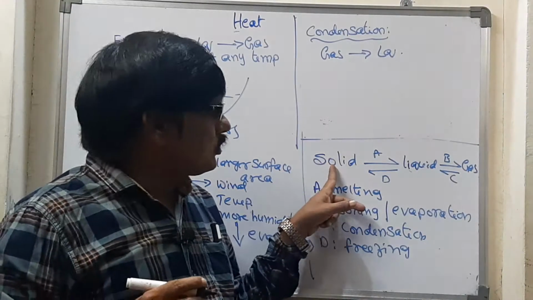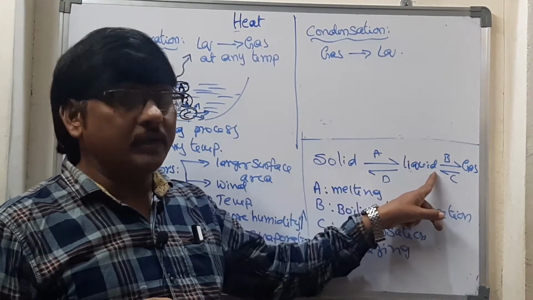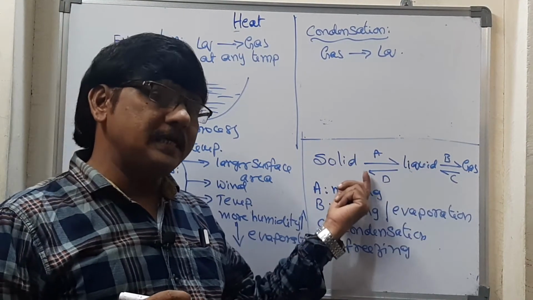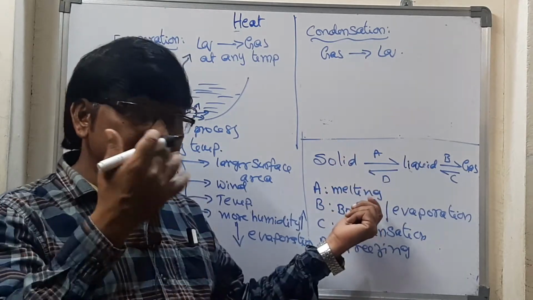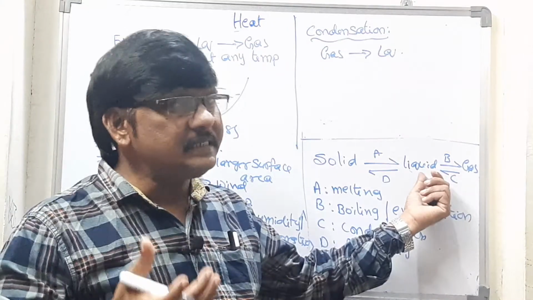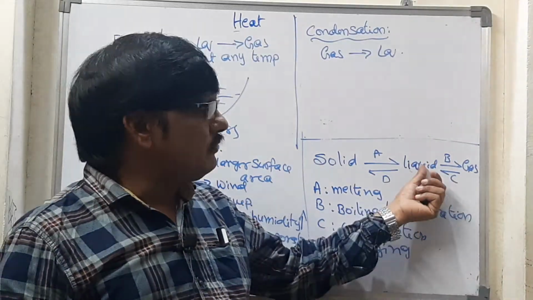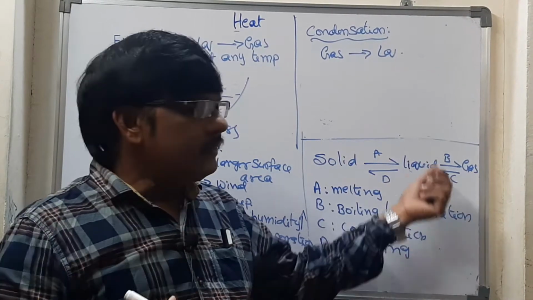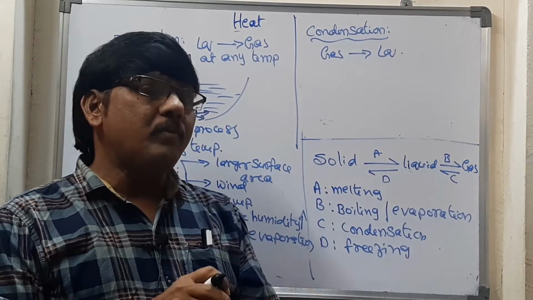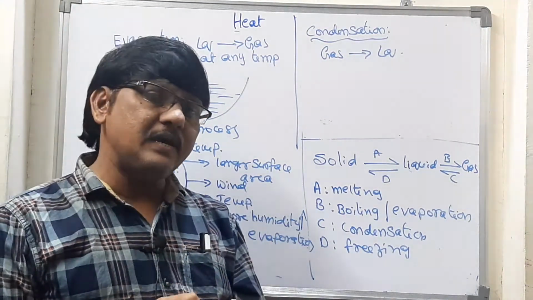See here, ice cubes are there. How can ice cubes become water? By supplying energy. Once the ice cubes are absorbing energy, they become liquid. So liquid contains some energy, because it received energy. Afterwards, these liquids still get energy, and then they convert into gases. So among solid, liquid, gas, which has high energy? Gas has high energy.